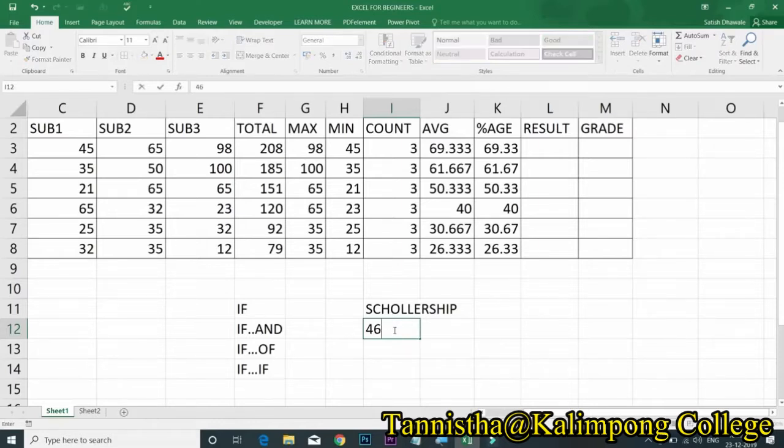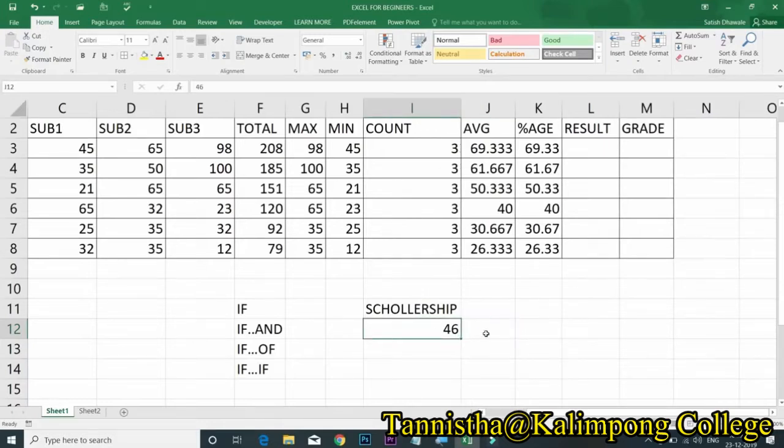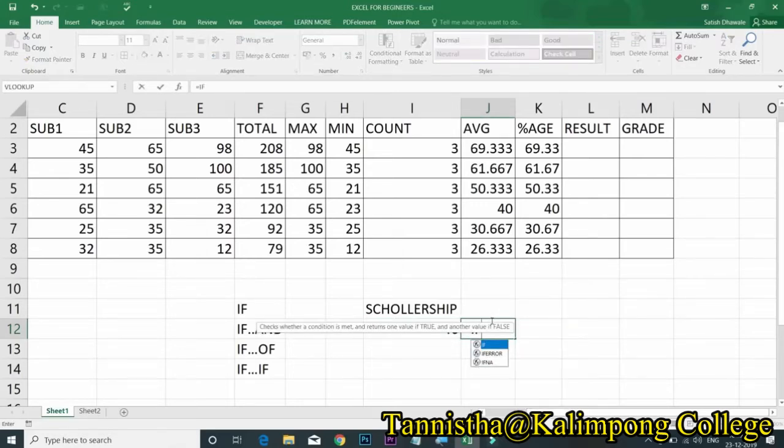So whether you are pass or not, you can check it by using if formula. If checks whether a condition is met and returns one value, say pass if true, and another value, say fail if false. So if allows you two answers.